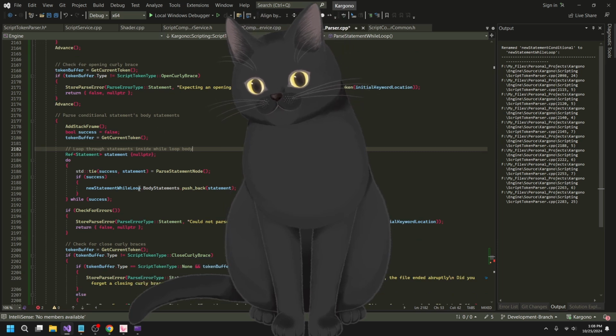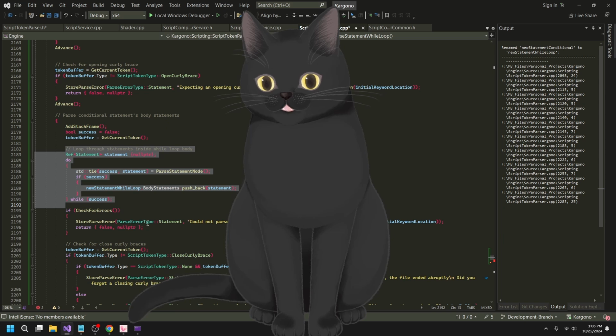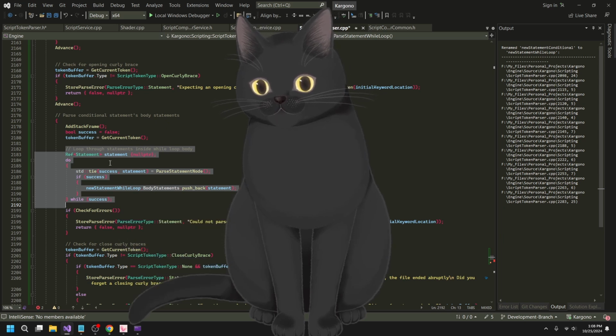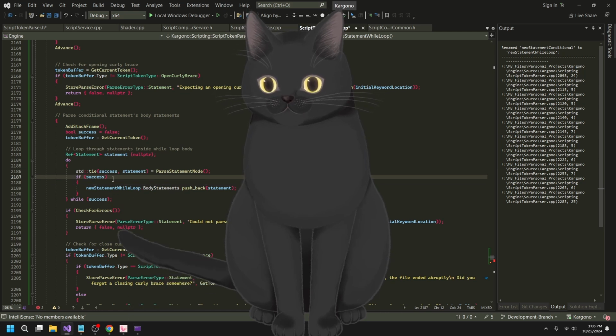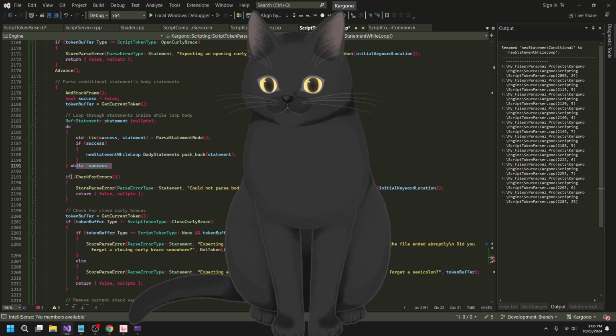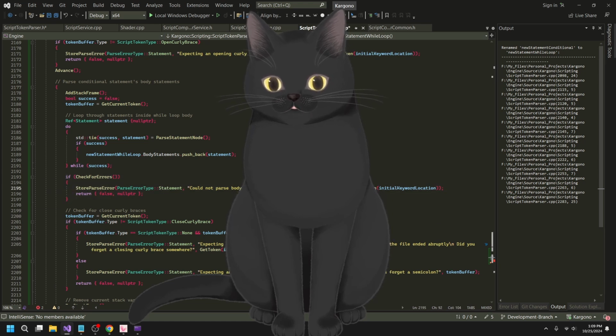There we go. So yeah, we just want to loop through and then parse statements. If we can't parse it, of course we're going to throw an error. But yeah, we'll parse as many as we can, and then we'll stop once there's an issue. If there is an issue, it'll throw immediately, and then we'll exit, and then we'll check for an error. And then here, of course, we're using a while loop.